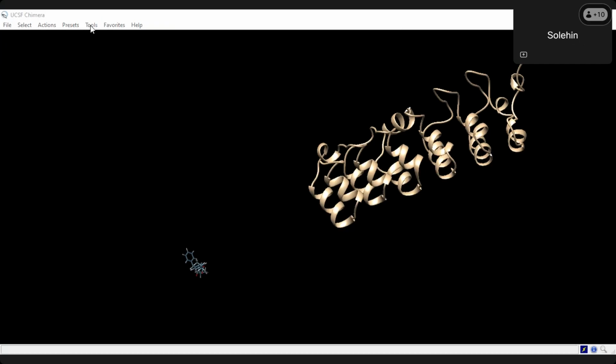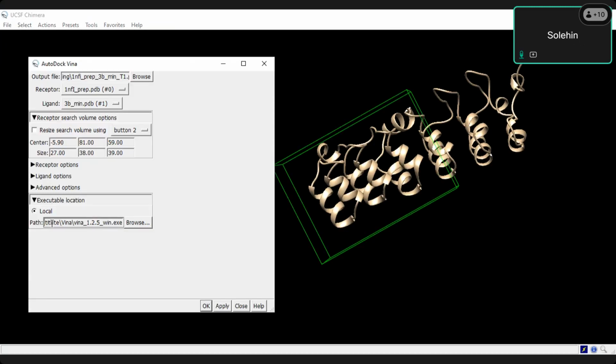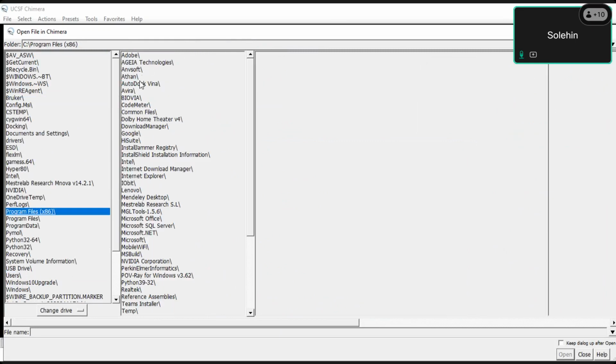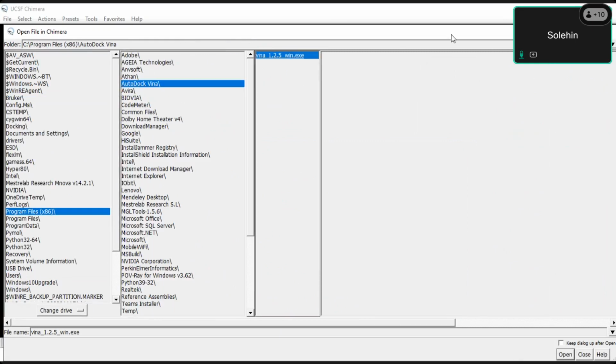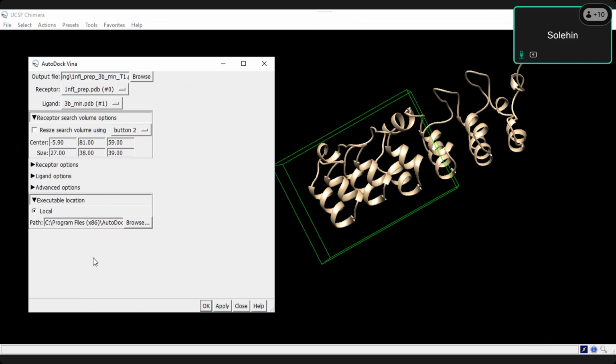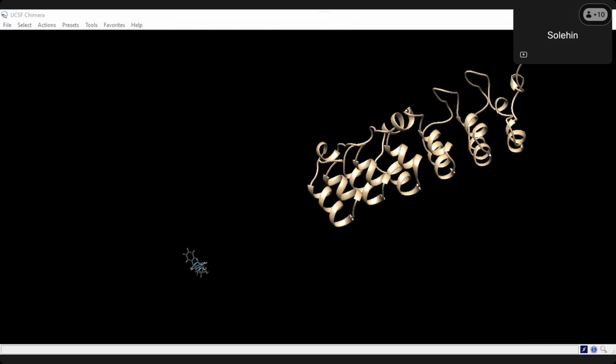Okay, from the camera, you can open back the surface boundary analysis and autovina. This one, the executable location, the path, you just select the path that you created for autovina, like Program Files x86 autovina. Select this one. It means the executable location, the software that we put the Vina. Okay, finish. Is it clear? Ibrahim, you asked a question, is it clear? Okay, and then we proceed with the next step,